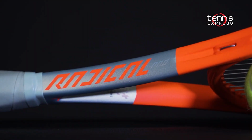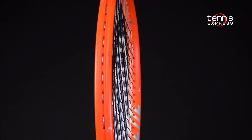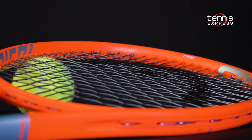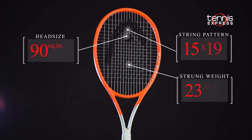This video focuses on the 2021 Head Radical Pro. The frame features a brand new mold this year with a slightly more round head shape and new thinner beam dimensions of 20, 21.5, and 21 millimeters. The 98 square inch head remains, but this Radical Pro raises the unstrung weight to 11.1 ounces, slightly heavier than